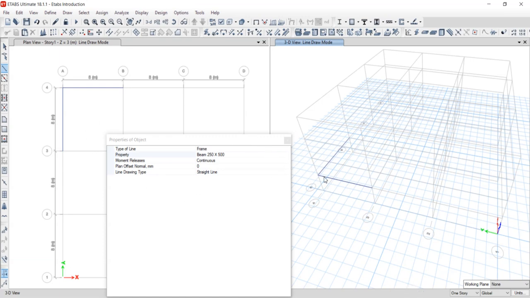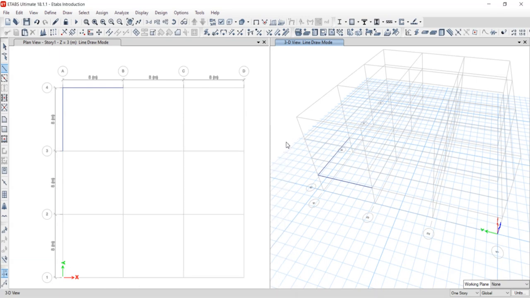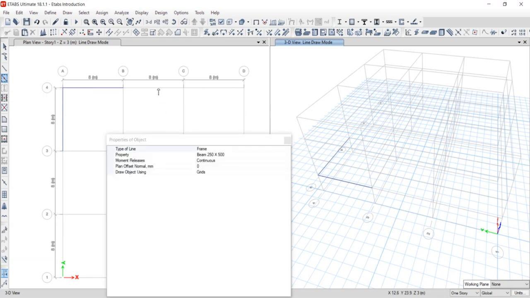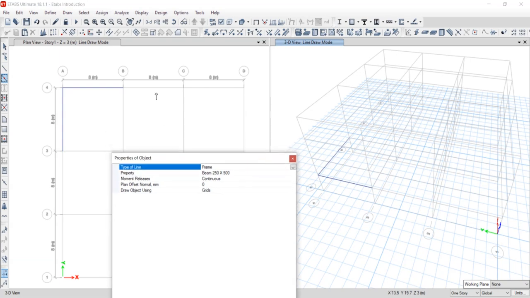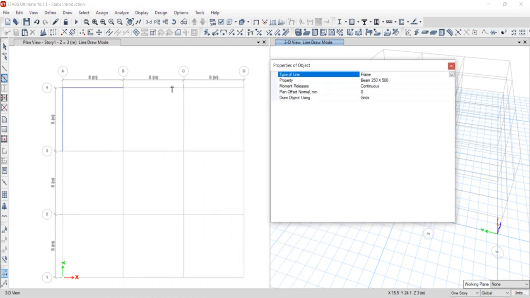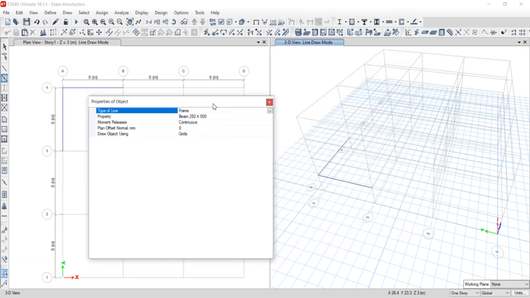Now the next method of modeling the beam is you can just simply go with this option, quick draw beam column option. If you click on this one, you can just click on any of these lines and you can model your beam. So let me show you. If you go here you can see draw quick draw beams column in plan, elevation and 3D, so this works in any